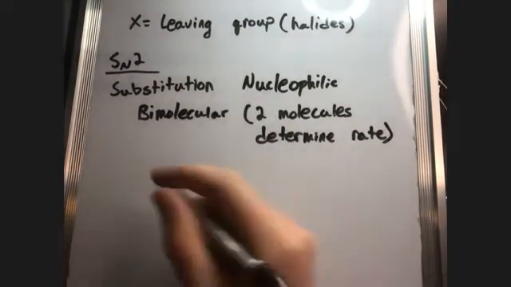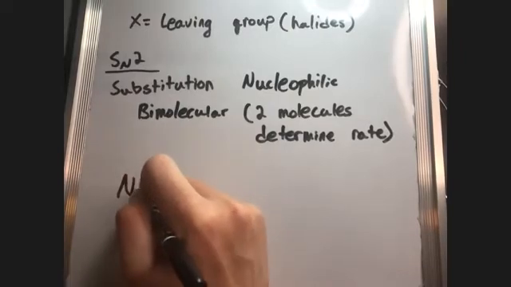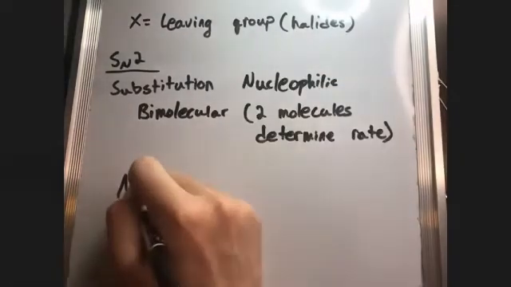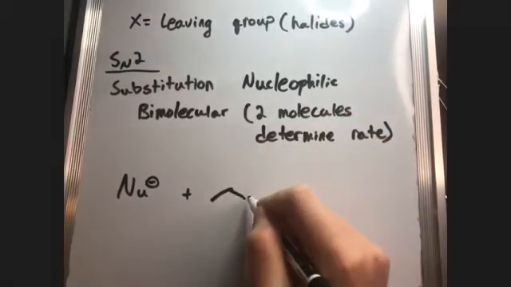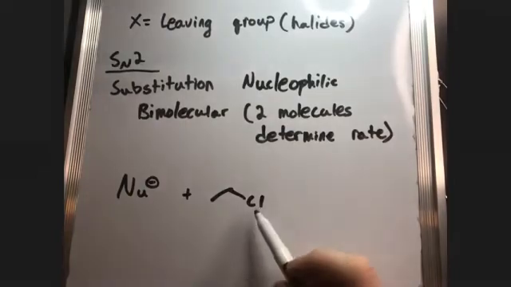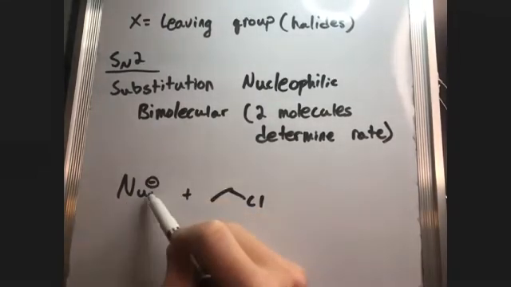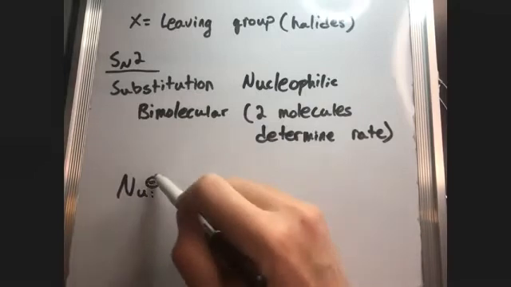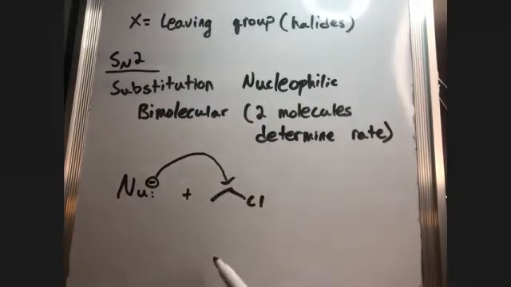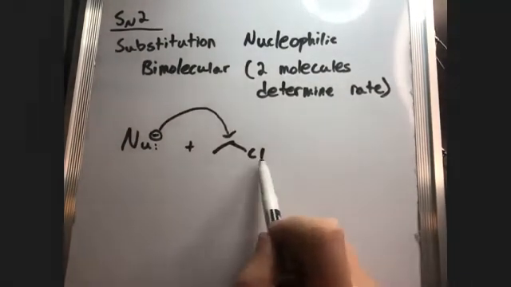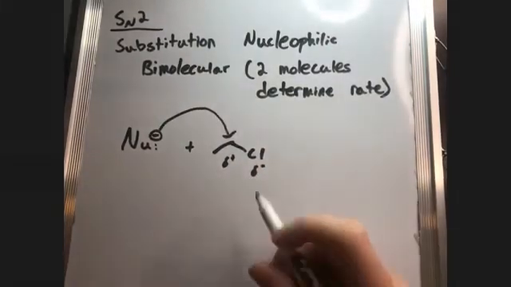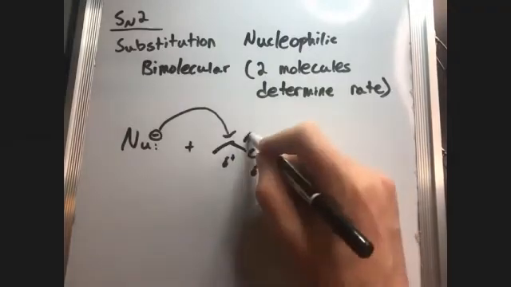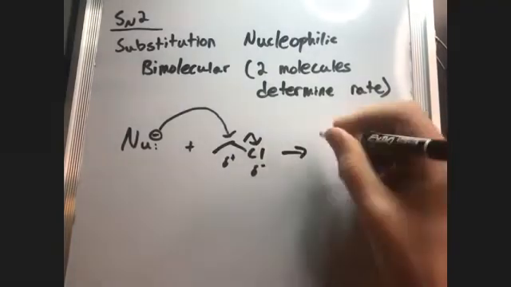So to jog your memory, it's where you take a nucleophile. I'll keep it general for this first example. You take a nucleophile, and then I'll make a specific electrophile like this alkyl halide that has a chlorine here. The nucleophile, one of the lone pairs on it that makes the negative charge, will attack at this carbon. This carbon is electrophilic because there's a dipole here between the carbon and the chlorine. So that means the carbon has a partial positive and the chlorine has a partial negative, right? So you're creating this bond here, and then you cleave this bond onto the leaving group, which in this case